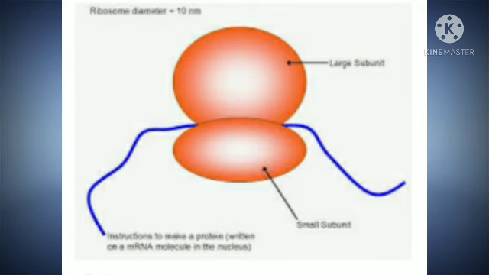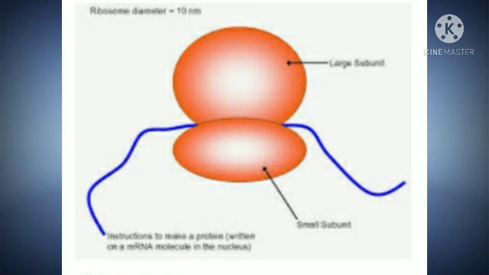Ribosomes. Ribosomes are granular. They appear as dense particles. Ribosomes are not surrounded by any membrane. Identified by the scientist George Palade. Ribosome is composed of RNA and proteins. Types of ribosomes: